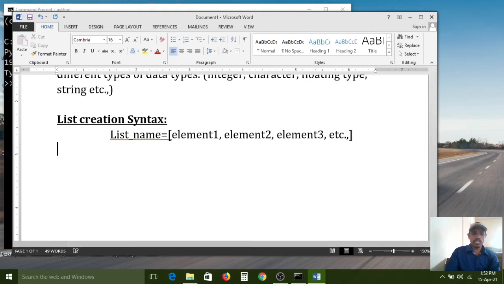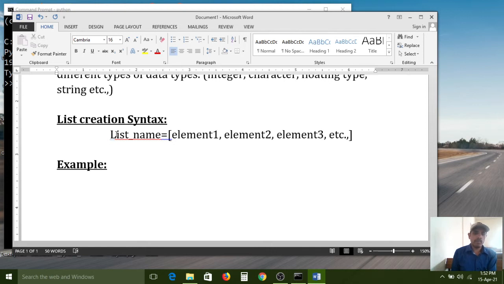Now we can see a real-time example. A list can hold a number of elements, and those elements may be of the same type or different types.